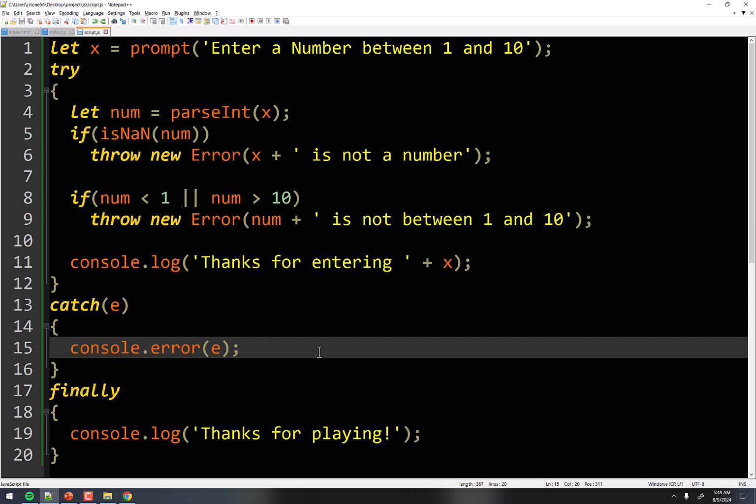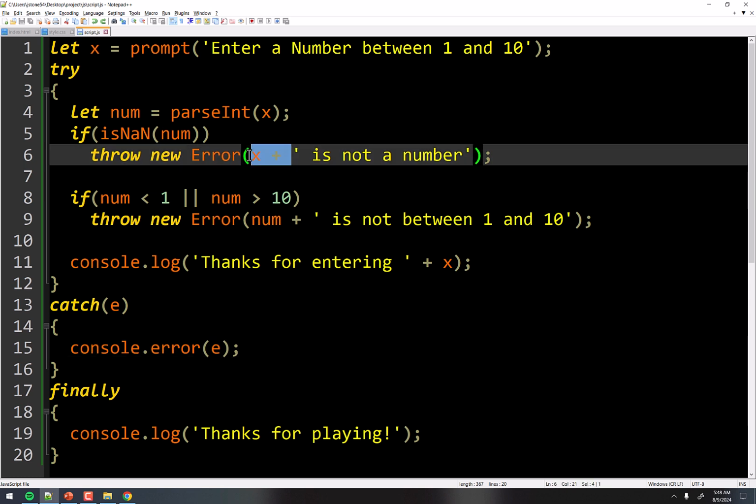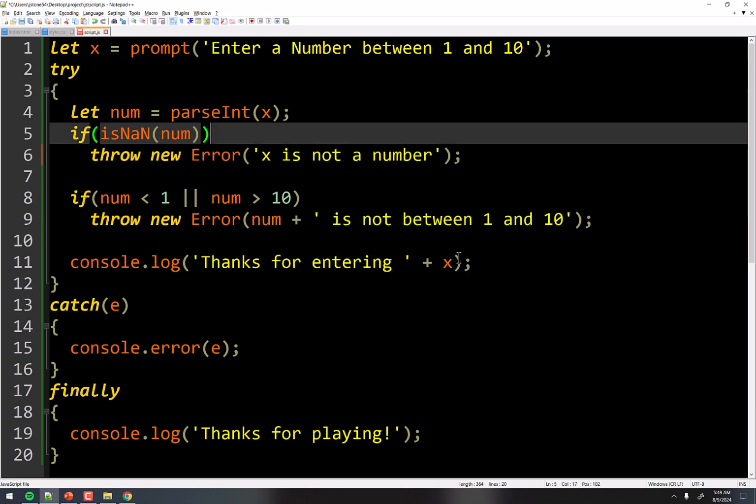Last thing I'm going to show you isn't really anything to do specifically with error trapping, but it's something that's really good to know, and it makes concatenation a lot easier. Well, I don't know if cleaner's right, but definitely easier. But it takes a minute just to wrap your head around the exact syntax. So wouldn't it be nice if instead of having to go x plus, I could just say x is not a number? In PHP, you can do that, believe it or not. But you can't do that in JavaScript unless you change a couple of things.